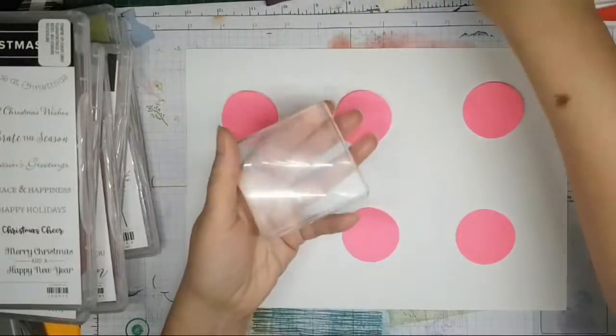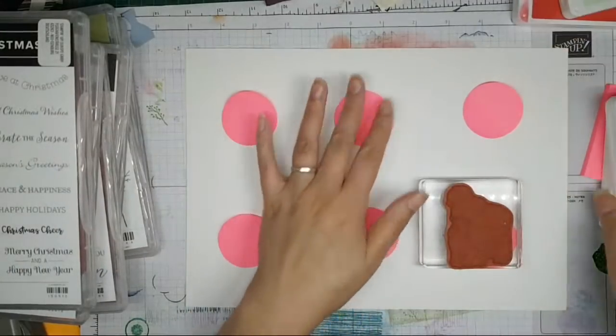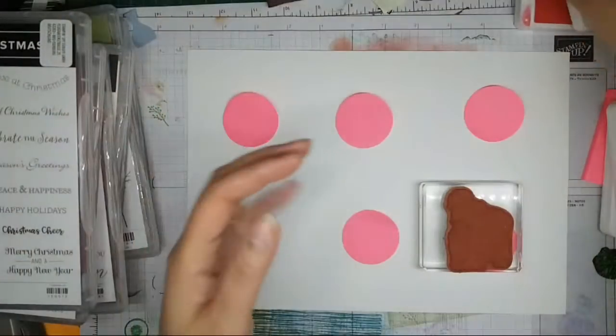Always good to start with your favourites. You know, when you're crafting and or if you're in a bit of a rut, just start with your favourites and then go from there. Because